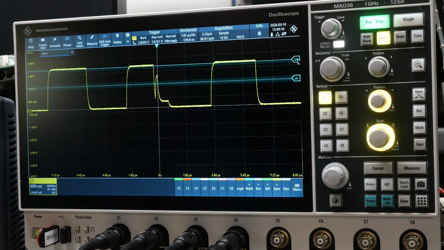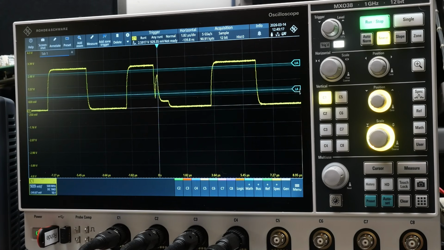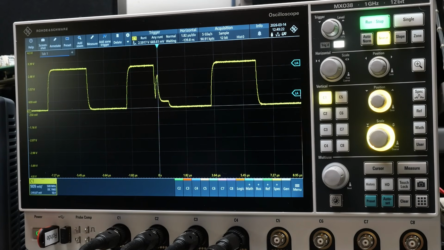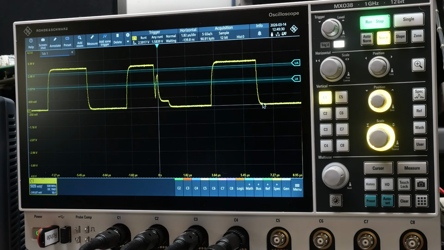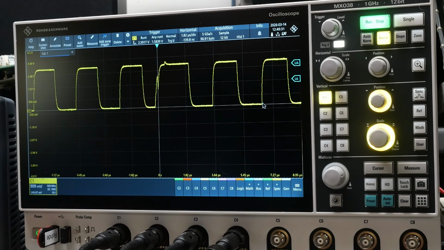So let's turn this one up a little bit. Let's turn this one down, way down here, so if we catch any more. And it seems to have quieted down. So the circuit is very, very random. Sometimes it'll give you